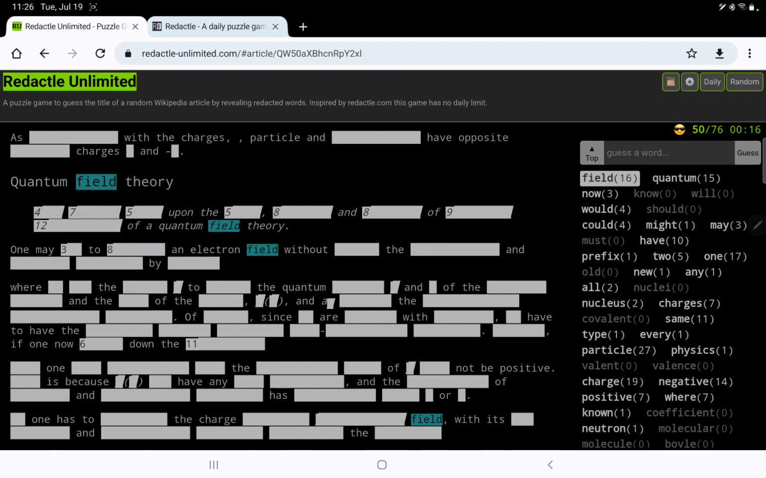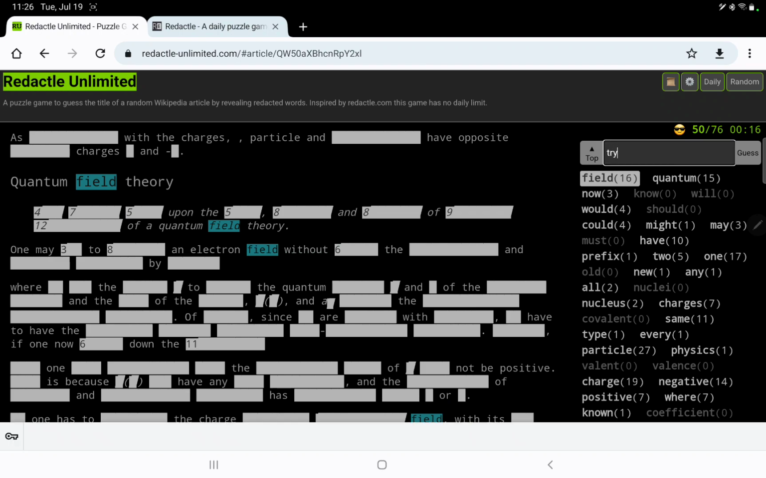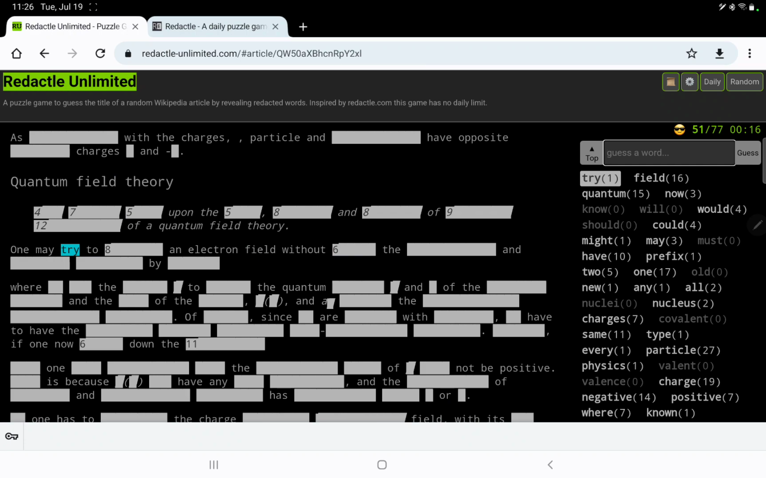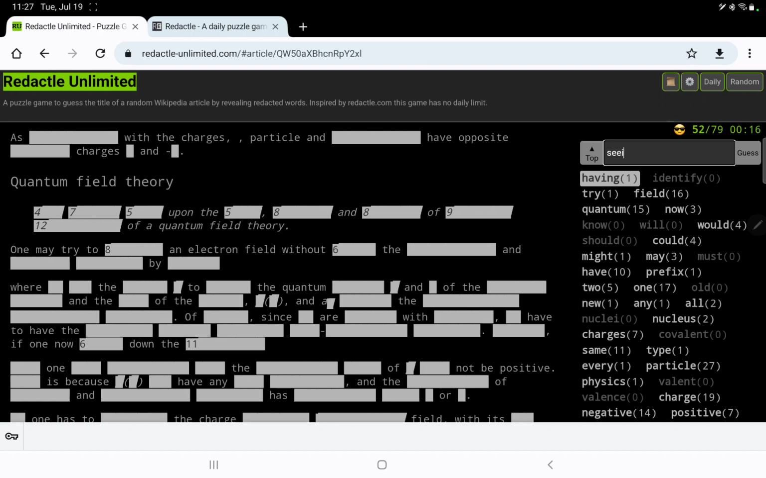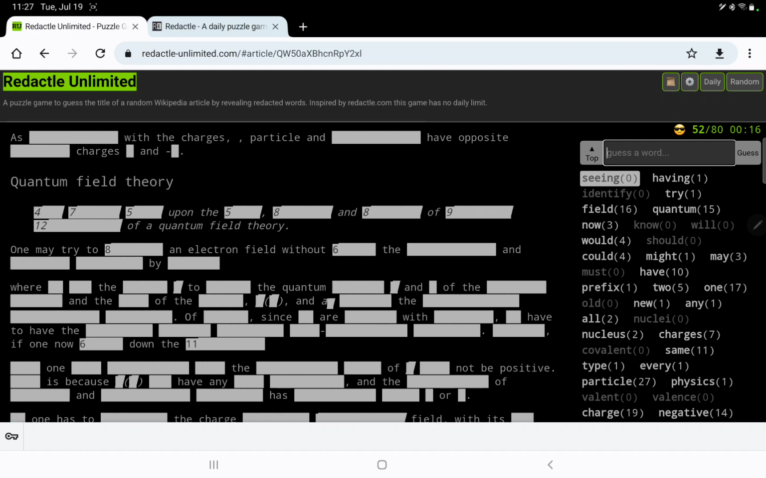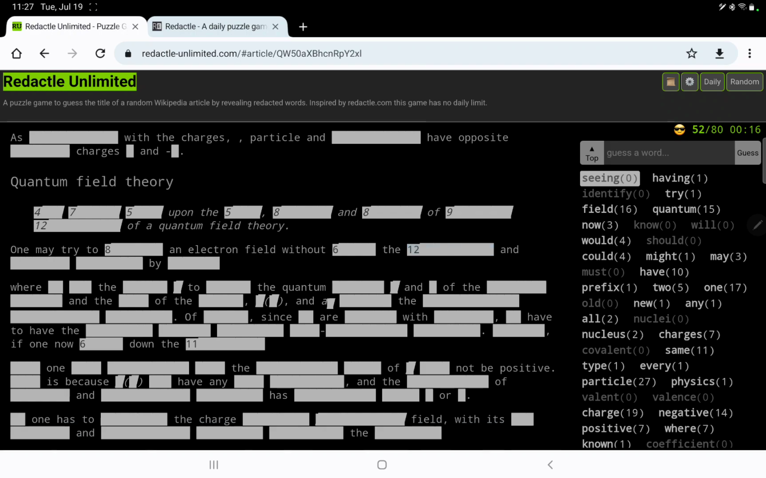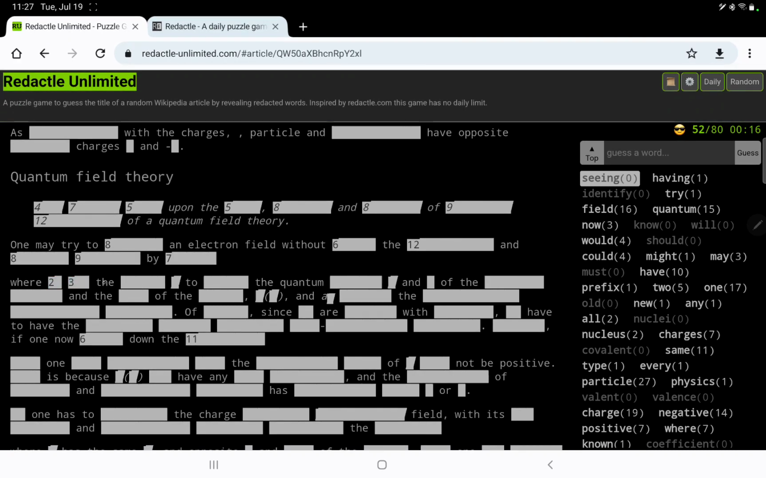One may 3 to 8 an electron field. One may try to identify. No, one may try to something an electron field without having, without seeing, without 6. What is that? It has to end in ing, right? The 12 and 8, 9 by 7, where